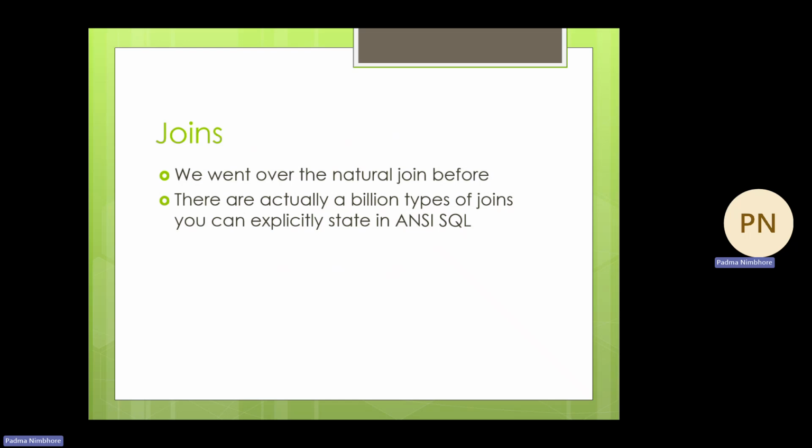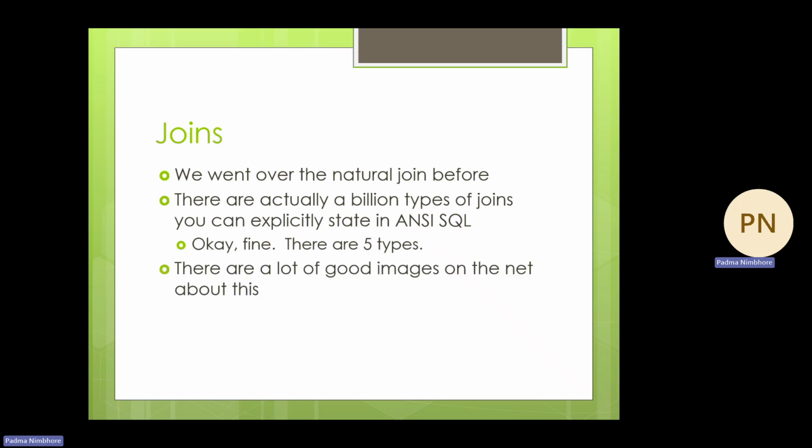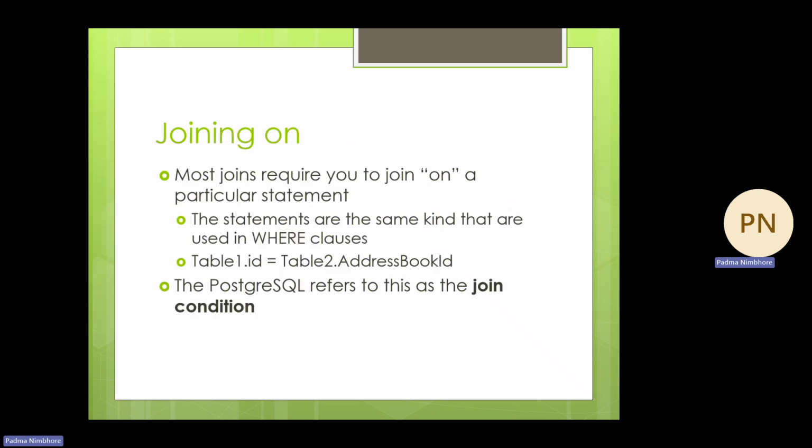Okay, so there are some types of operations based on explicit statements in ANSI SQL. From this you have billions of types, but here we have to learn about only 5 types, and there are lots of images available in this Venn diagram, using the Venn diagram and by firing some SQL queries. So we are performing the operation based on some joining operation,